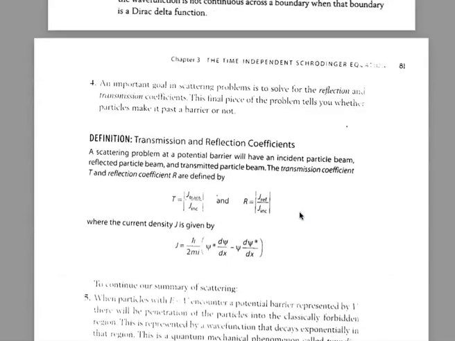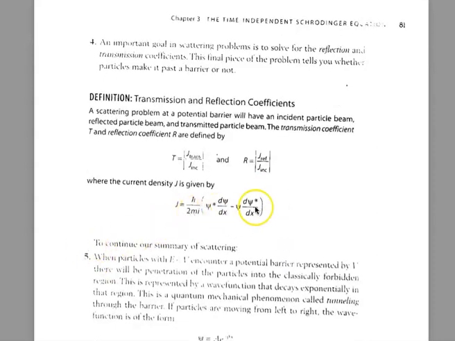All right, basic concept. Then, as I say, two of the things that we will want to calculate will be the transmission coefficient, which will be the ratio of the magnitude of the current density to the right divided by the incident current density. And the reflection coefficient is the magnitude of the reflection current density divided by the incident current density. And J here is what's called the current density. All right, let me go on.